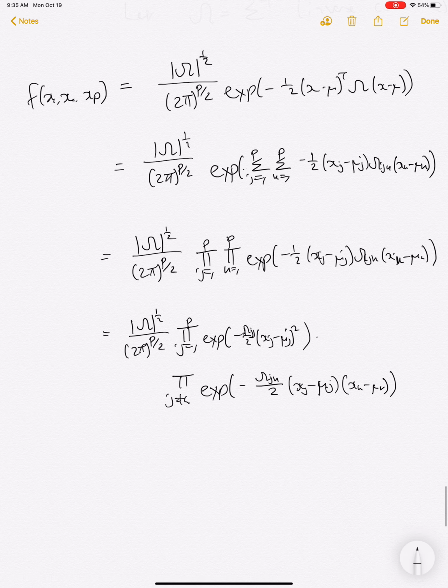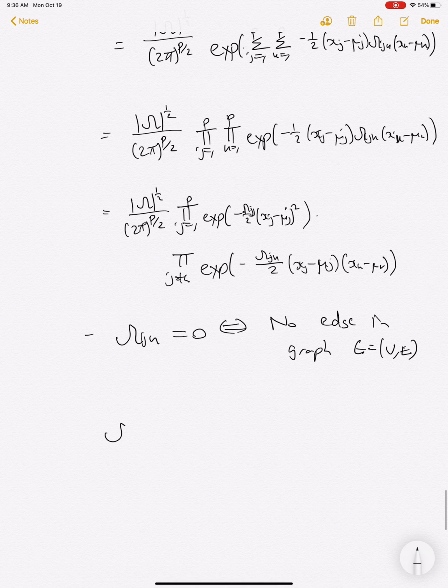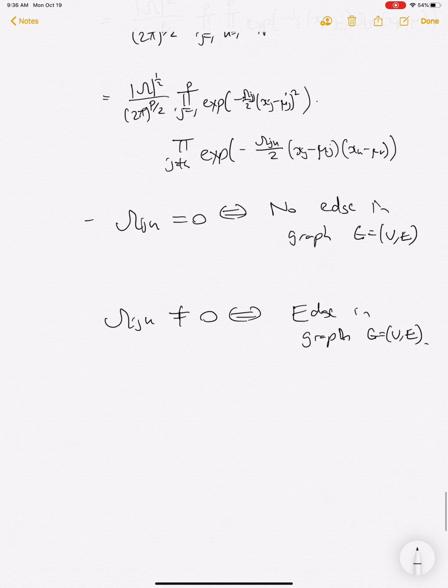Okay, and so note that omega jk equals 0 implies no edge in graph G equals (V, E), and then omega jk not equal to 0, I'm just rewriting the same statement, implies that there is an edge in the graph. Okay, and so what that means is that this whole factorization